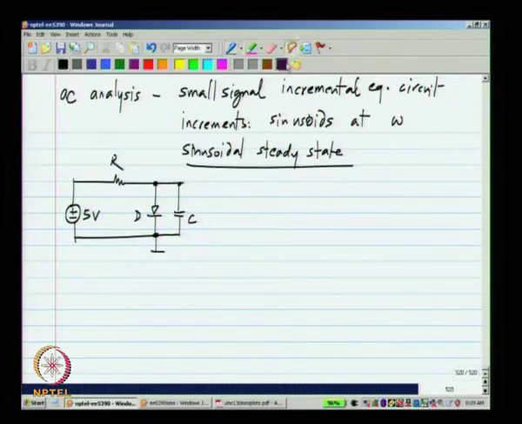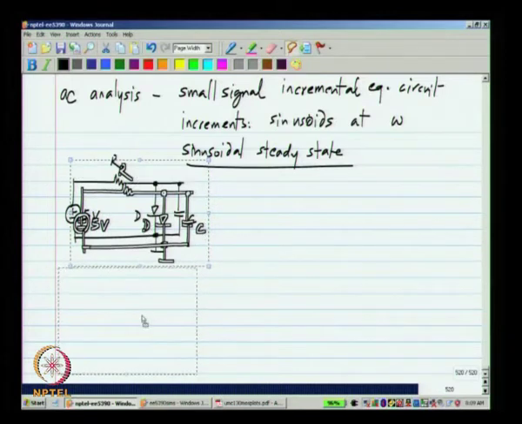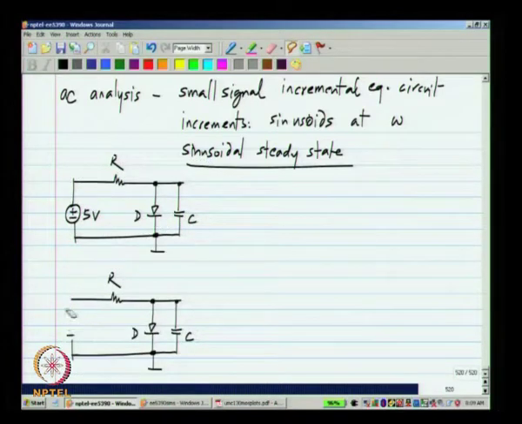This is what we had, and perhaps now I will have an incremental source in series with this 5 volts. Okay. Let me assume that that is the case, and I have some V p sin omega t, and the size of V p, the magnitude of V p is such that small signal analysis is valid.